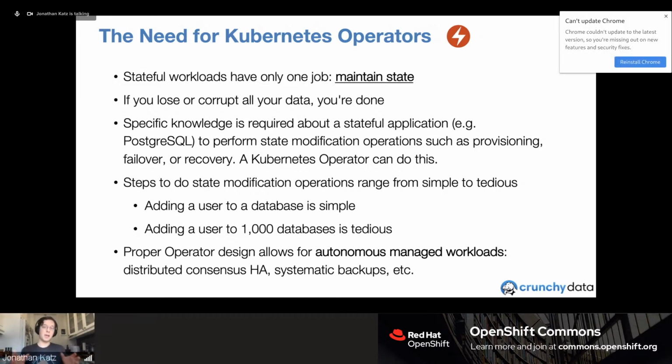And that's where this pattern is great, because with a healthy operator ecosystem, suddenly we're able to create standard ways of taking actions on the various stateful services that are out there. And this leads to the final point of allowing automated managed workloads. Some of this starts with just being able to do the proverbial day two operations: handling high availability, having monitoring in place, taking systematic backups, and so on and so forth.